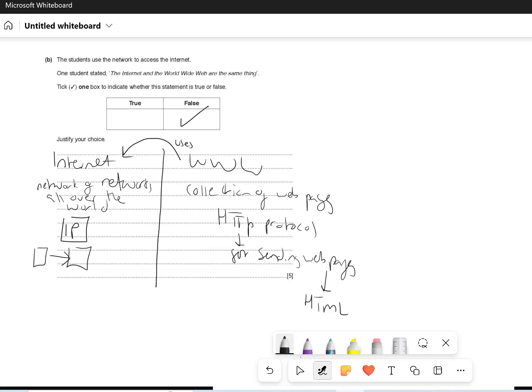We can't go on websites. We can't go on web pages. Without the World Wide Web, we can still go on the internet. We can play online games, but we just can't browse web pages. So the World Wide Web is basically, if we have internet,